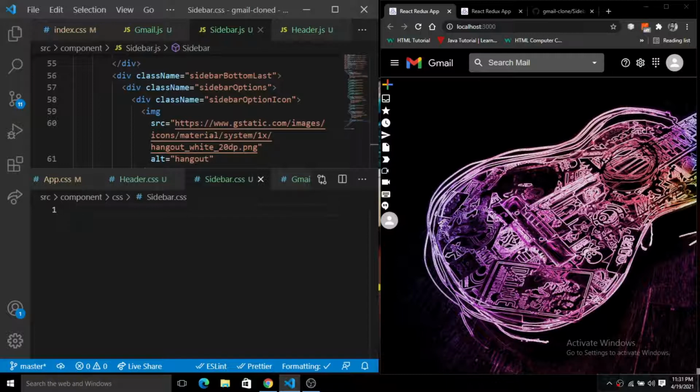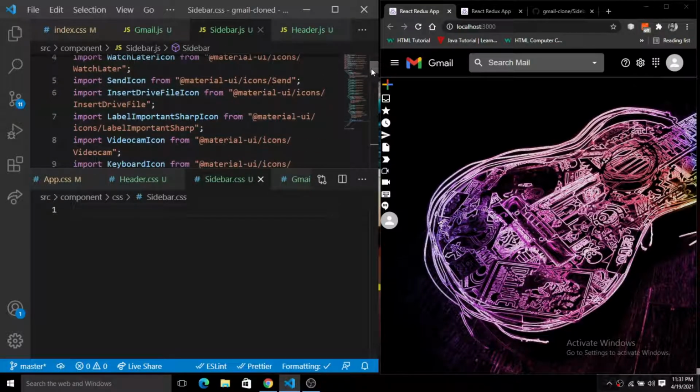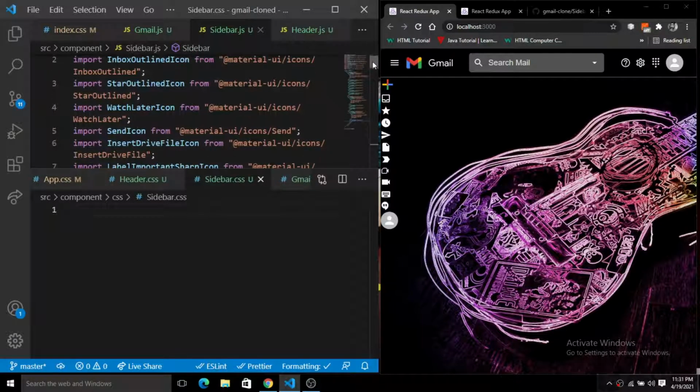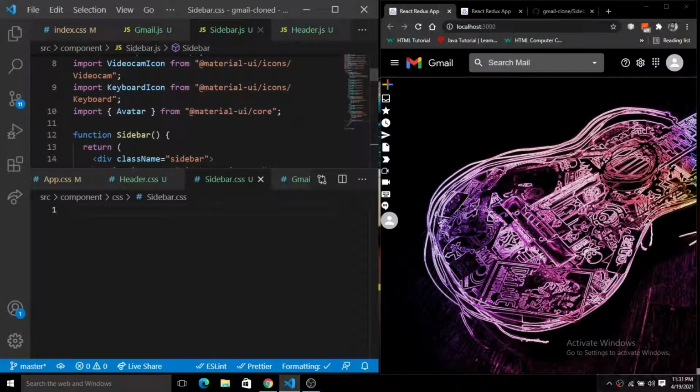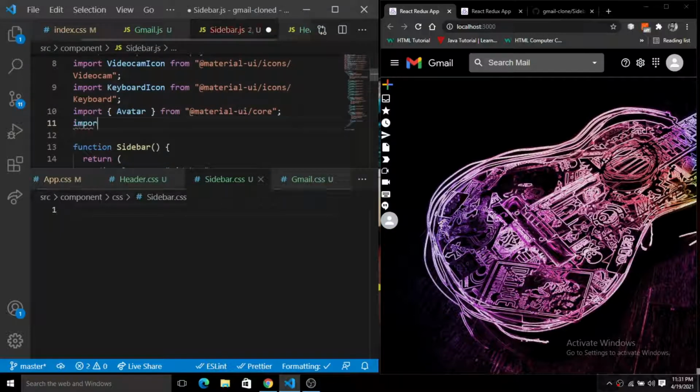Okay, so just pay attention here. I'm going to do the CSS stuff for the sidebar.css. So first of all, let's check, have we added the CSS file here? So we have not. So first of all, import the CSS file here. So simply write the import here.